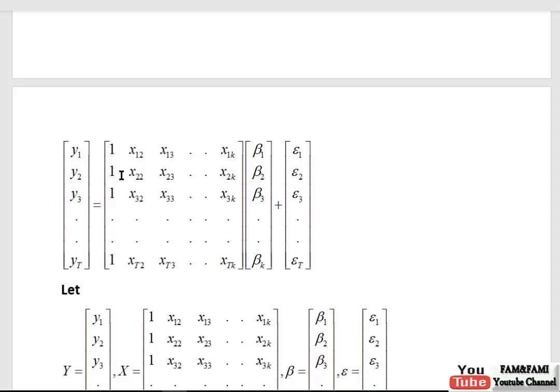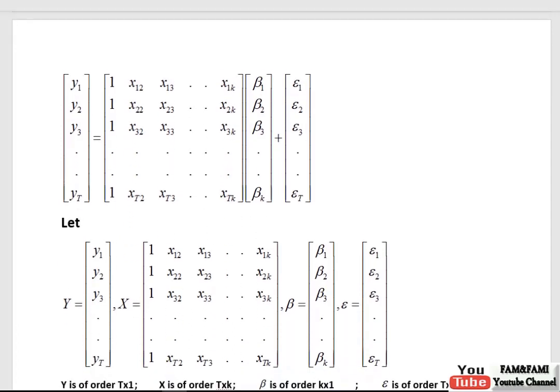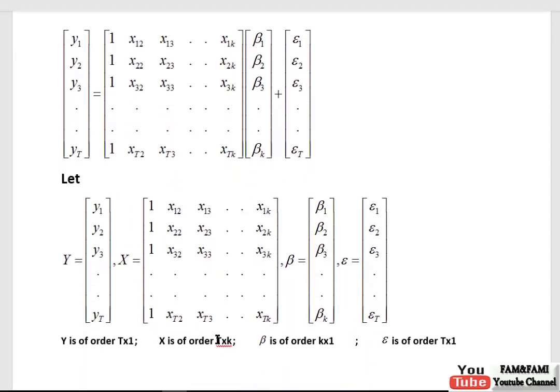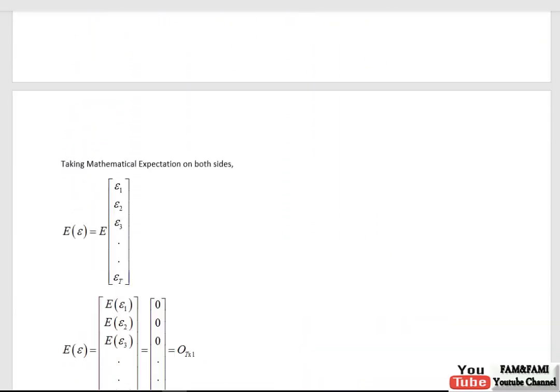So this x matrix will have only 2 columns. So its order will be, rows are same, but instead of k columns it will contain only 2 columns. I'm just keeping the same notation, but if you are using a simple linear regression model, then of course you will have only 2 columns here. So 2 columns here means the dimension of x will be t cross 2. And look at here, in the beta you will have only 2 betas, beta 1 and beta 2. There is no beta 3 because there is no x3 regressor. So hopefully this point got cleared.